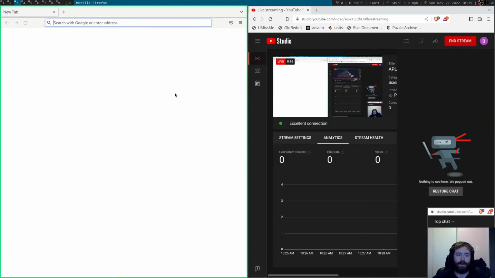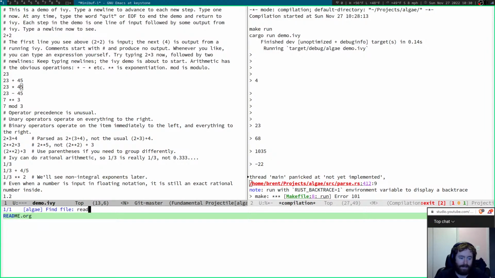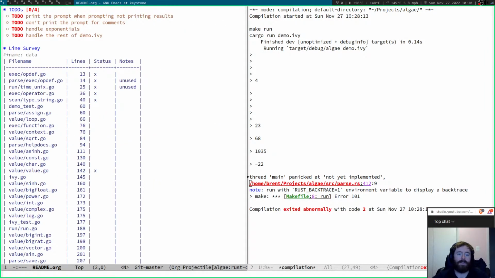So today we're going to get back into our to-do driven development and try to address some of the stuff we logged as to-dos yesterday. Actually, I guess since yesterday my priorities have changed a little bit, and I'm not that worried about the prompt. I'm more worried about this stuff. So panicked and not yet implemented. However, another issue here